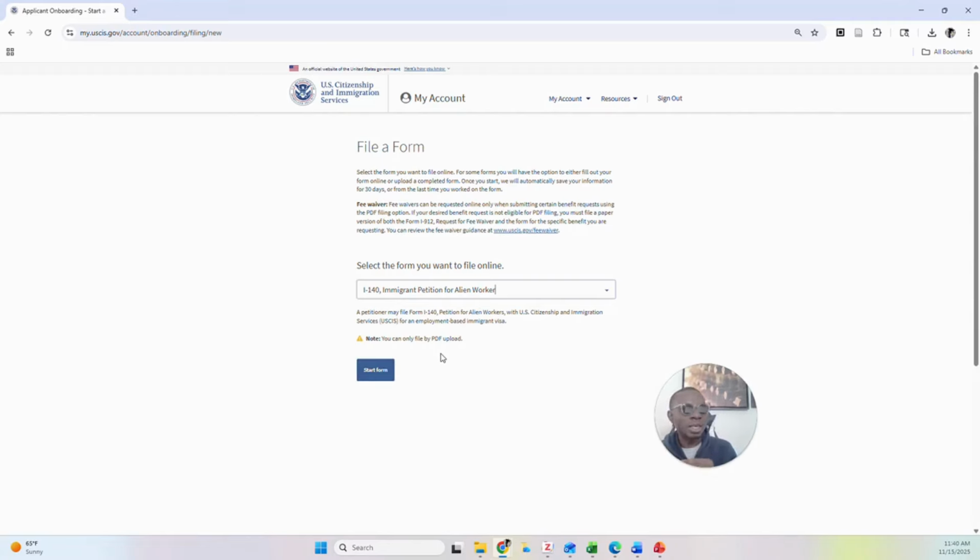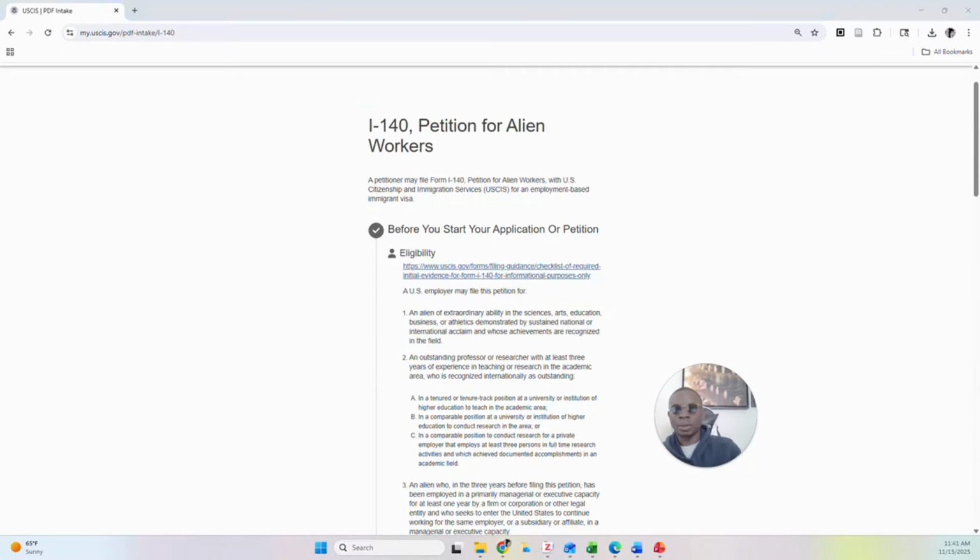The system indicates Form I-140 is available for PDF upload. This clarification is important, as it simply means you are not filling out an interactive online form. That's not the case here. You will be uploading a completed PDF. Okay, so start form. Now on this page, USCIS provides a summary of what this petition is for and the